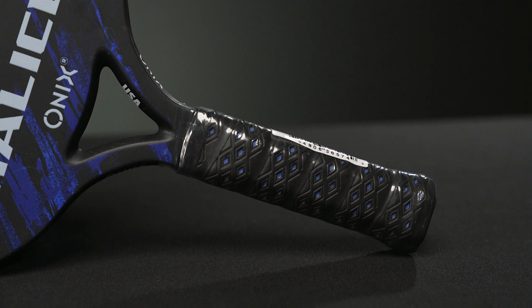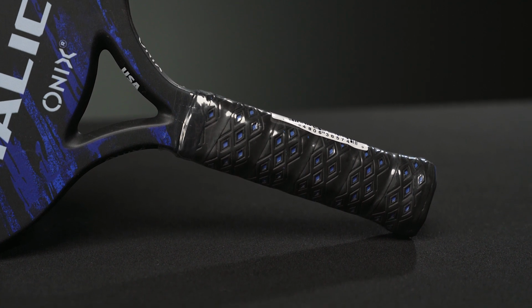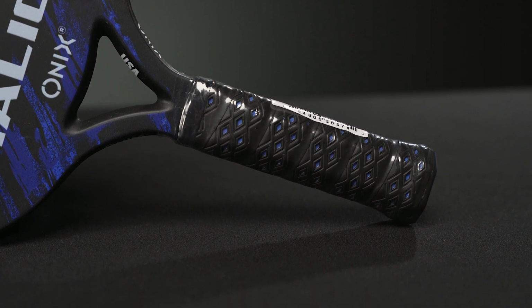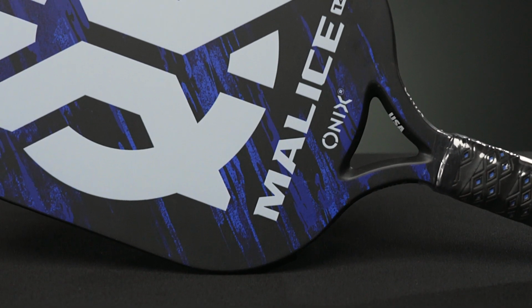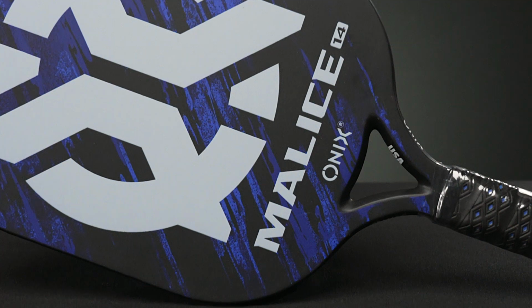option, and you've got for both of the Malice paddles a 14mm core, which will be a little livelier, a little more energy return, or a 16mm core that'll kind of let you be you and swing a little faster without so much action coming off the paddle. Both these paddles are very comfortable, very durable, and again, the Malice Open Throat is a thermo paddle. They're basically the same with the exception of the double bridge. And then lastly,